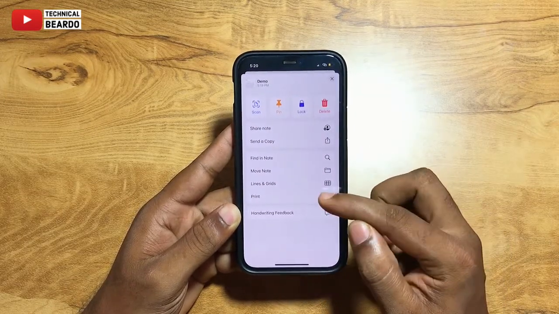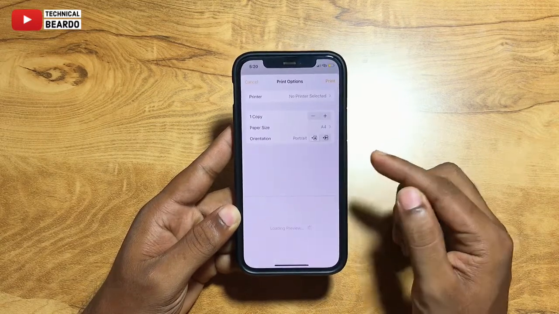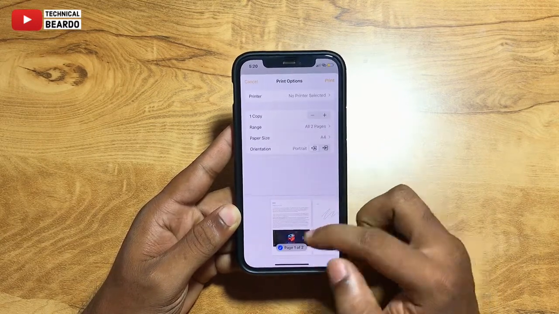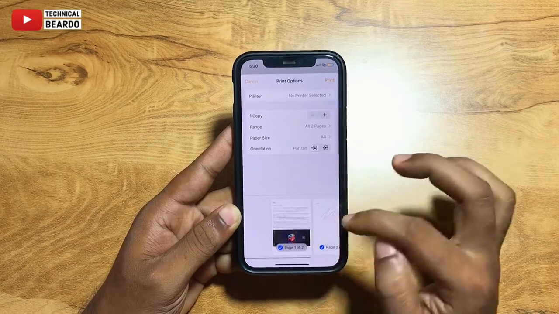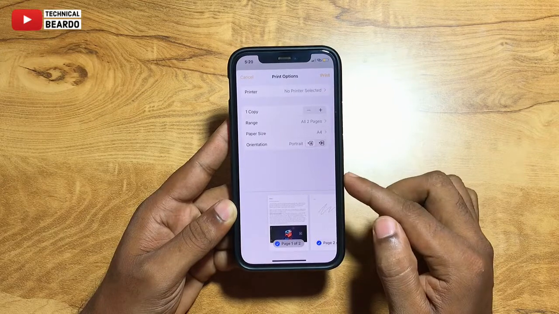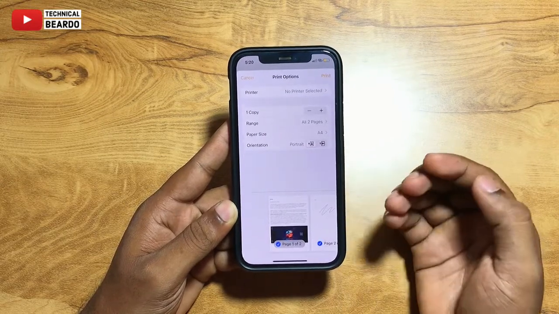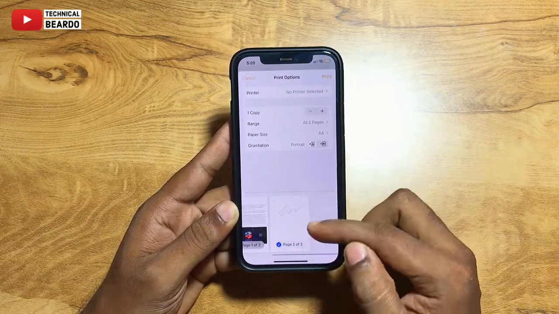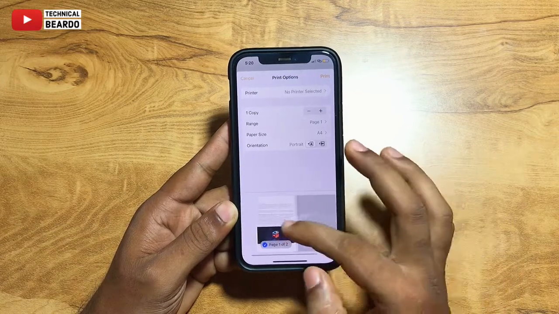Once you do that, it will give you the print preview of the pages. So from the notes you created, there are 2 pages. Okay, and if you see here, there are 2 pages, and anytime if you want to remove any pages from the notes, you can just deselect them and it will be removed from your pages or your notes, right?